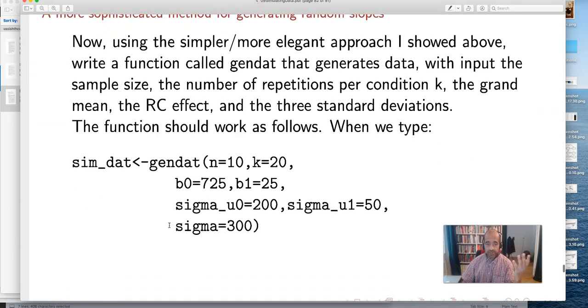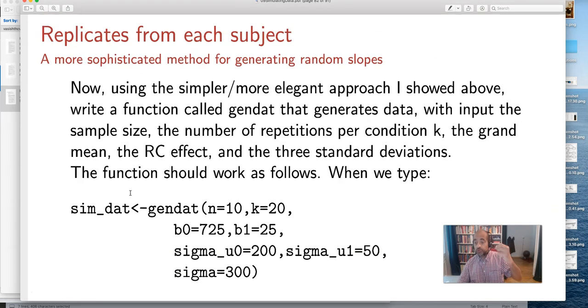But we can also use this for doing power calculations now. Okay, so this is getting closer to the true way, the correct way to do power calculations. Okay, we're getting closer and closer now. So